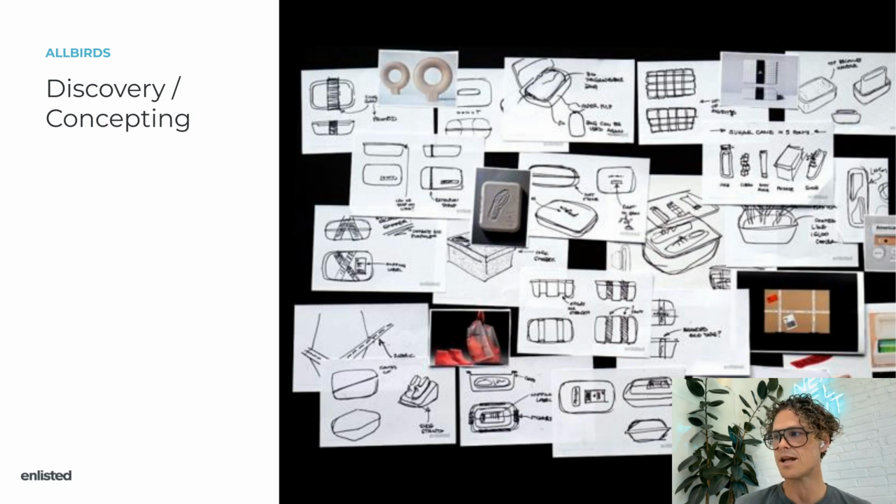seeking an opportunity to redefine what can be done in footwear, both from a usability standpoint and a sustainability standpoint. The industrial design team came in, and I think we've got 10, 12 industrial designers at this point at Enlisted. And they began designing and creating form factors that could fit big shoes, little shoes, that could be a very clean, modern shape. And then started looking at materials that we could use that would tie into the materials of